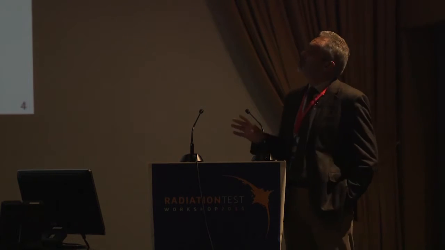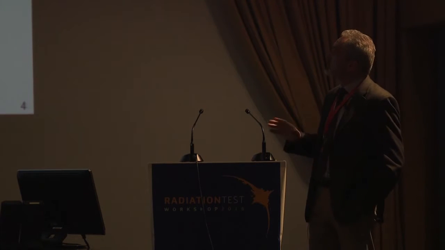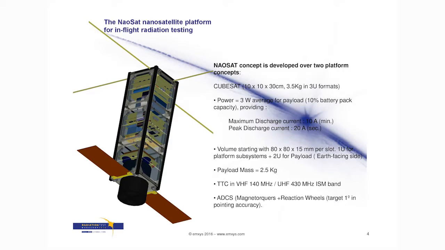The service module uses 1 U, so it leaves 2 U's, mostly 20 centimeters times 10 centimeters times 10 centimeters, for the payloads. The average power of the satellite is surrounded by the solar arrays. There is very little power available because the surface is very small. So from the 6 watts produced by the solar arrays, only 3 watts can be used by the payloads, although that's the average or mean power, although we may provide power peaks for payloads that